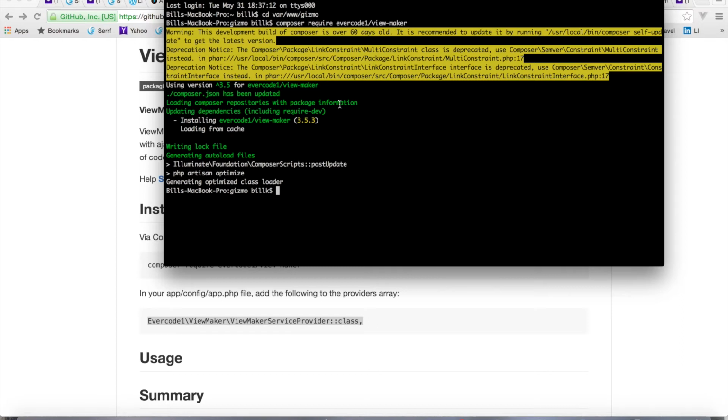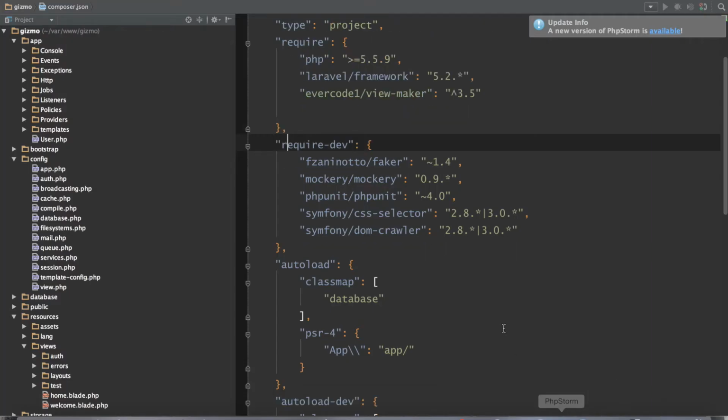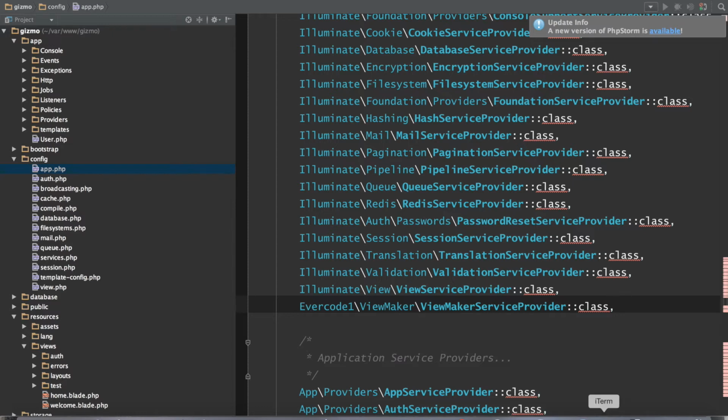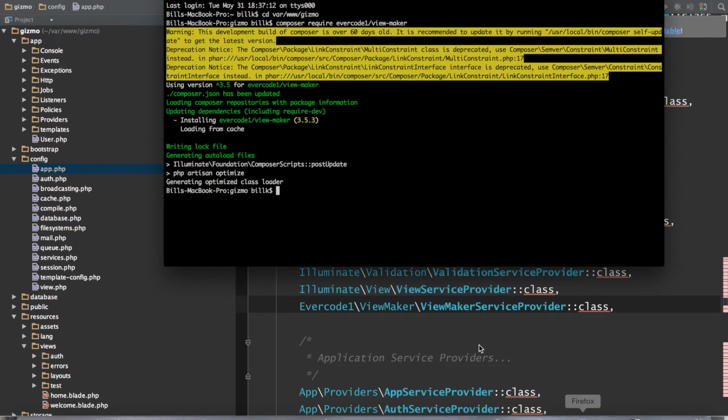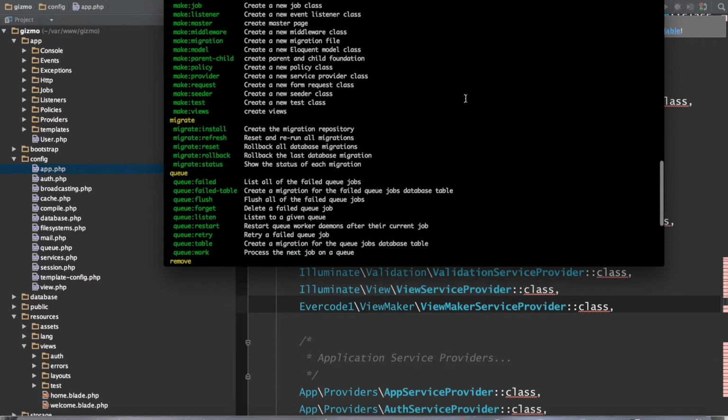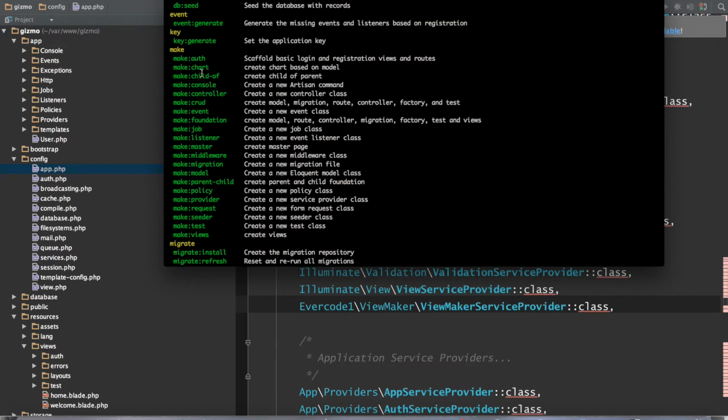Okay, so I see that we're caught up here. So I'm going to go into config, app.php right here, so I can add the line. It's just that simple. Just paste it right in, and then go ahead and save. And we're pretty much ready to go. And to prove it, we're going to list the artisan commands, and we'll see that we've got a bunch of new commands. So php artisan list, and we'll go up here to the make section,